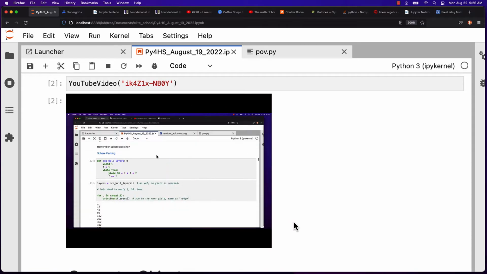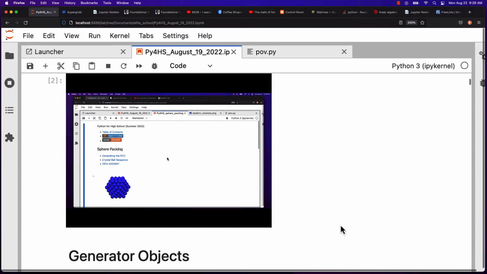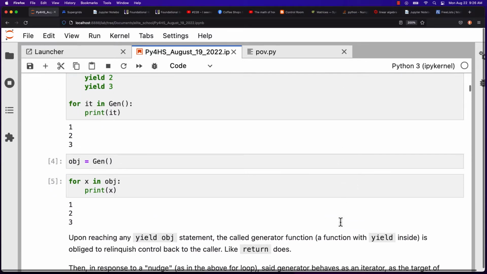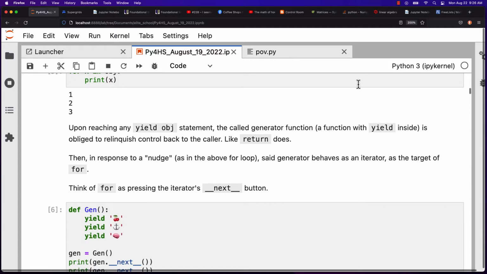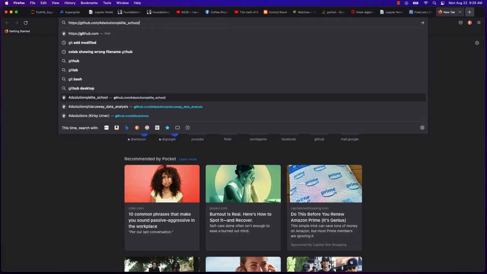But what about sharing? So like if I take this Jupyter Notebook and push it out to GitHub, which is where you could see it, and if you go to GitHub, here's about generators and stuff. Very cool Python, the language Python. And if you didn't watch that video of yesterday, I highly recommend it. Let's go to GitHub. I'm going to show you how to get around this YouTube issue.